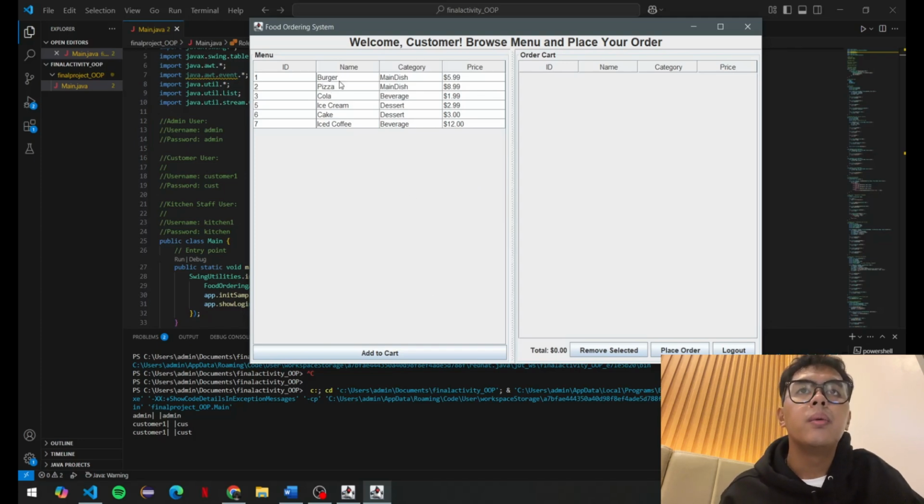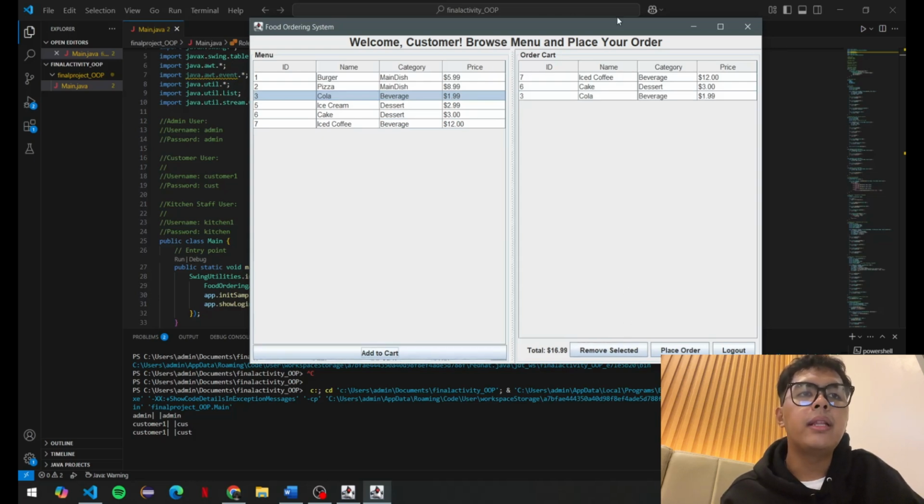Here, you can see the menu, and you have to select the item first before you can click the add to cart. As you can see, just add it here, and let's try to add cake and a cola.